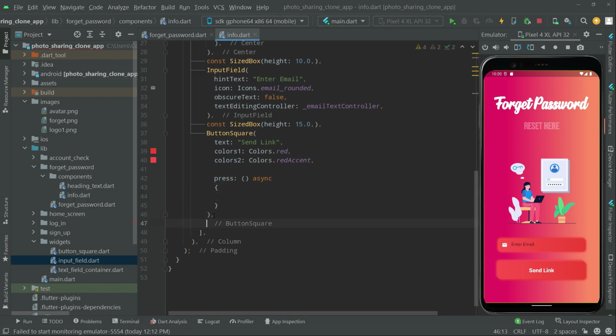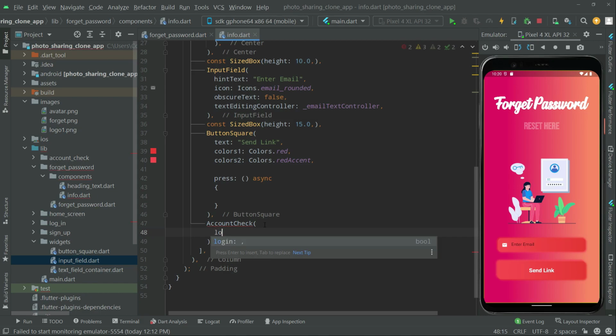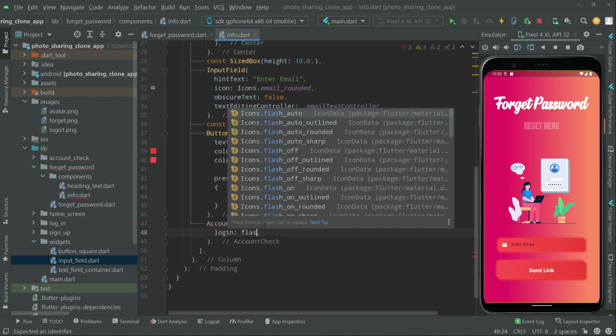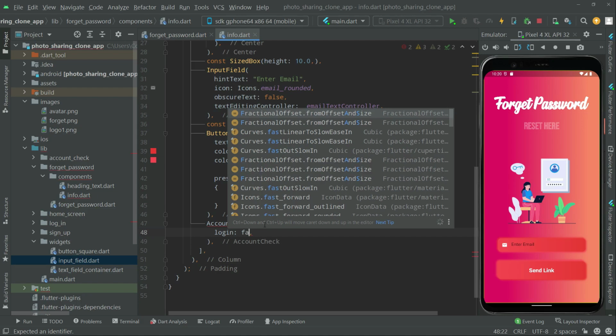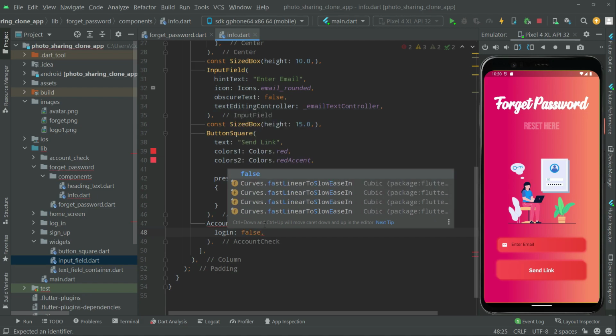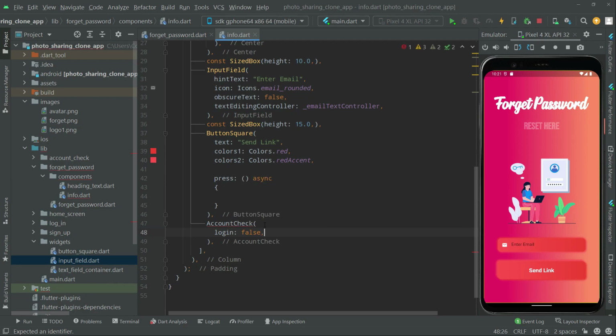So right in here we will say account check, okay. We will remove that for now, and in here we will say login, we will set it to false, because we want to show that the user already has an account and there will be a login small button. Okay, and we will show that right in here in the forget password. So right after, let's set the press event right in there for the account check, and in there we will say